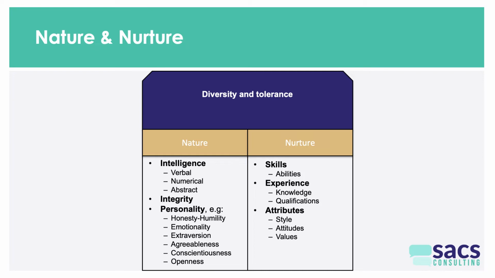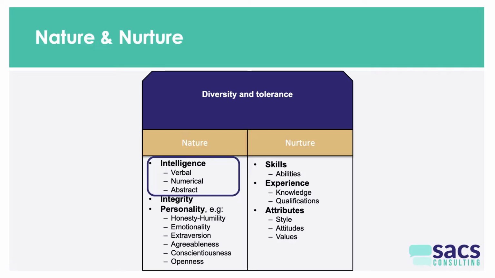Now, the degree to which people are discriminatory or inclusive really comes down to a matter of nature and nurture. So the degree to which people welcome diversity and are tolerant to it is partially a genetic characteristic. And so, for instance, we'll talk about cognitive ability, and we'll be showing you some research findings, otherwise known as IQ or intelligence or aptitudes. How smart people are does have an effect on the degree to which they are welcoming of diversity. And we'll show you that research in subsequent videos within this series. But ultimately, the smarter you are, the less likely it is that you are going to be discriminatory.